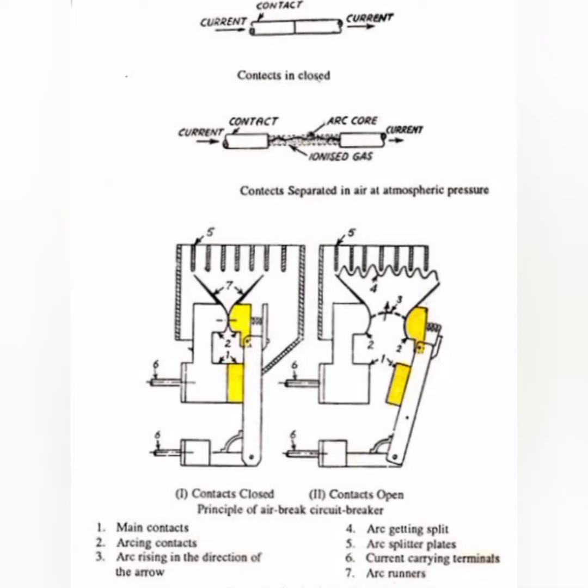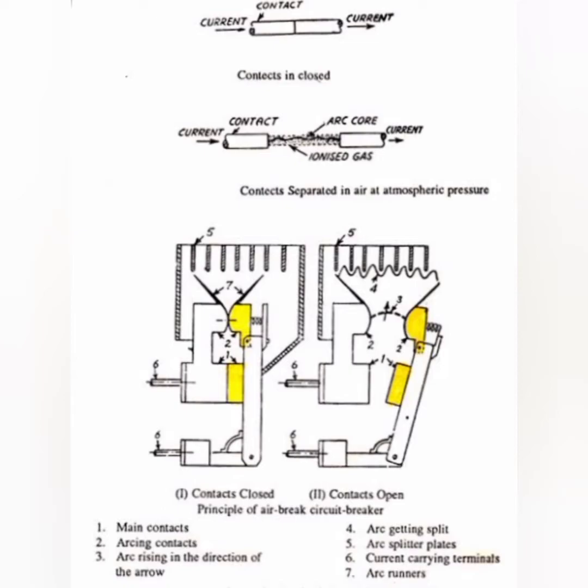So this is the example of your air brake circuit breaker. As I said, when the contacts are closed, current will pass. When the contacts open, the gases between them will get ionized and the arc quenching will happen. Next, coming up to construction wise, it has seven consecutive parts in our ACB. Here we have taken two conditions, one as a closed condition, another one as an open condition.